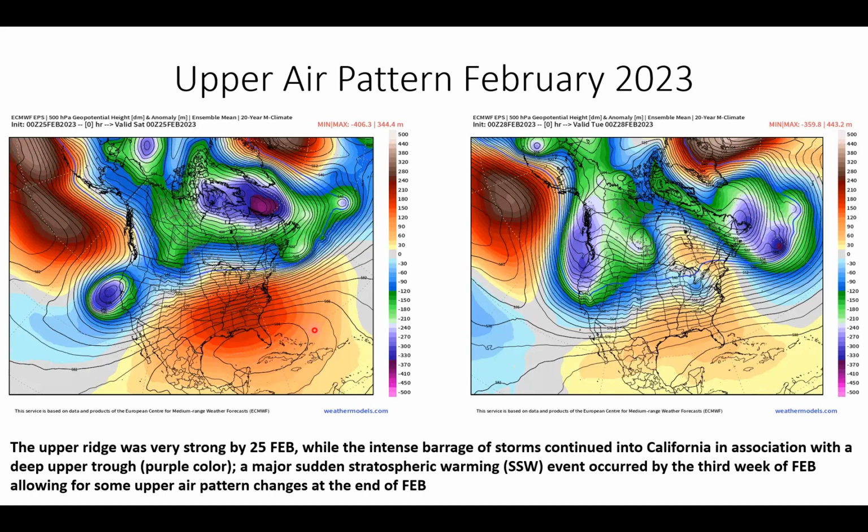Now we got the ridge oriented more east-west, but it's extending across the eastern Gulf of Mexico and Florida. And this ridge just continues to dominate from northeast Texas to the mid-Atlantic. The coldest temperatures and the lowest heights are going to remain well out of the north over the Arctic, over Canada. And now look at this little beast of a system coming in by the 25th of February that came